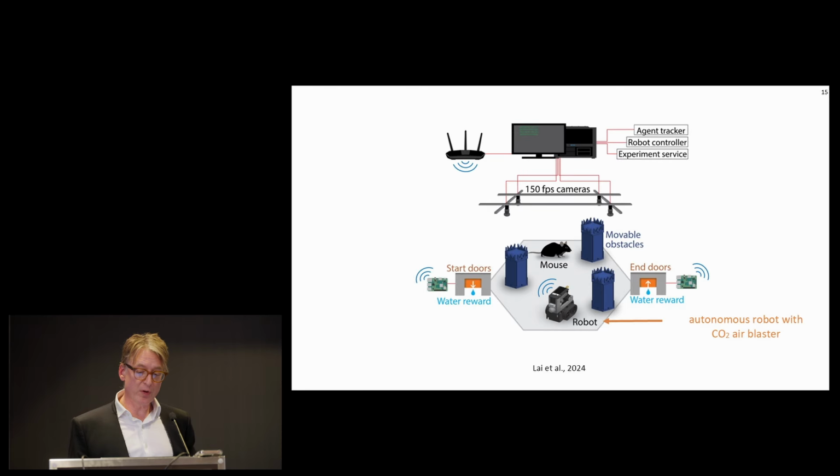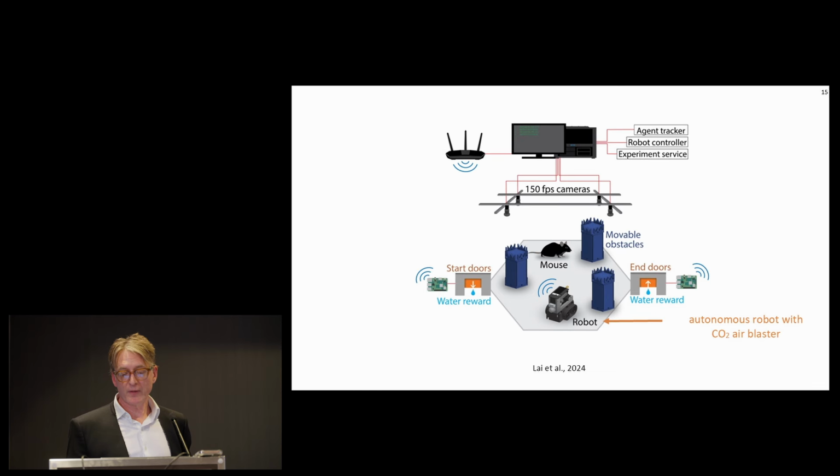So here's our system. It's a water reward port at the start and at the end. These are water restricted animals, highly motivated to get to their water rewards. And we have a robot here. This robot is an autonomous robot. It isn't controlled by us. All it does is look out and look for the mouse. If it sees it, it chases it. If it doesn't see it, it just looks for the next cell that it can't see behind and randomly goes